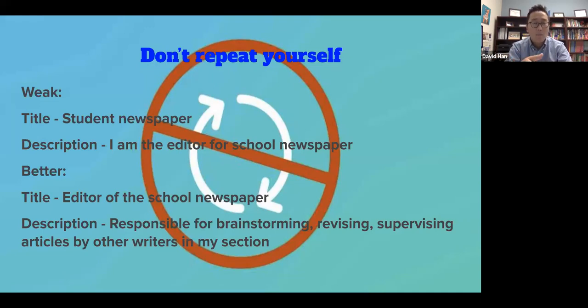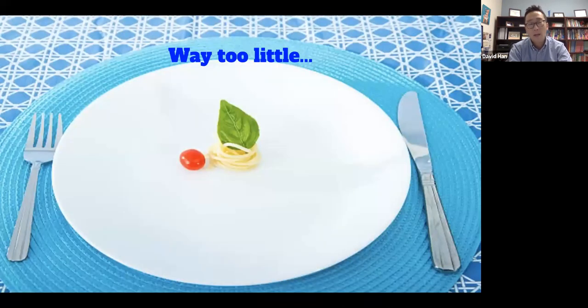You can talk about how many issues of newspapers are being published per semester, right? And how many actual articles that you are in charge of, right? You could actually add those information to make the description look even stronger, okay? And often they don't write enough, right? Really, students will say,